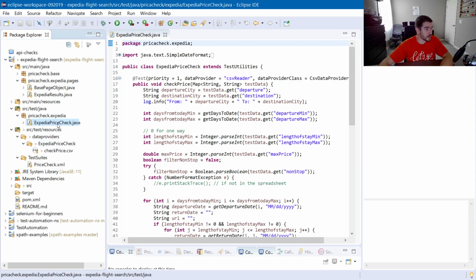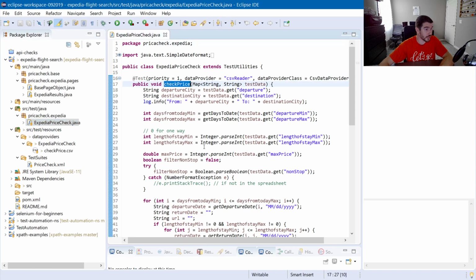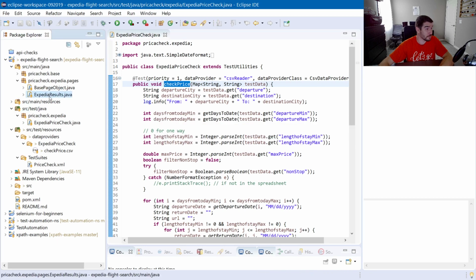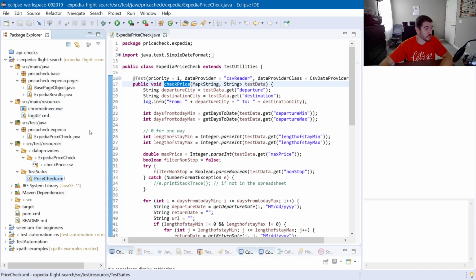So this is basically just one Java file with test, check price, one page object for the Expedia results page. I use TestNG, so I use XML files to run tests, and this test will be executed on Chrome. So if you pull this framework and want to use it, first of all,